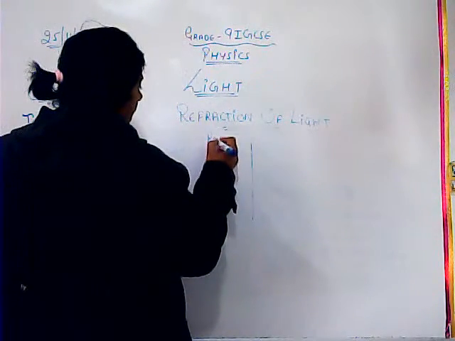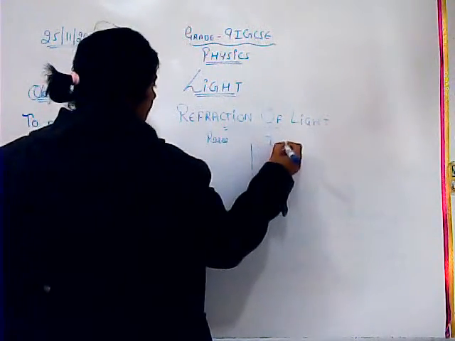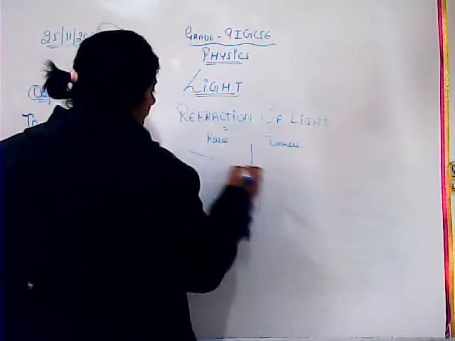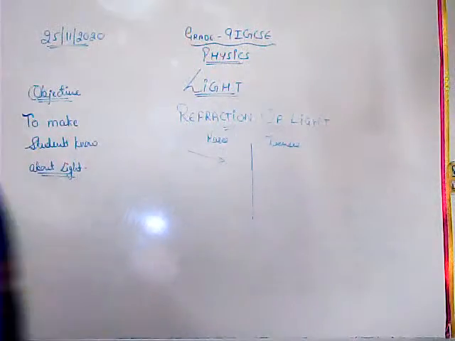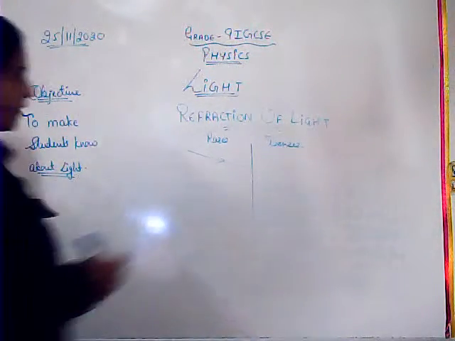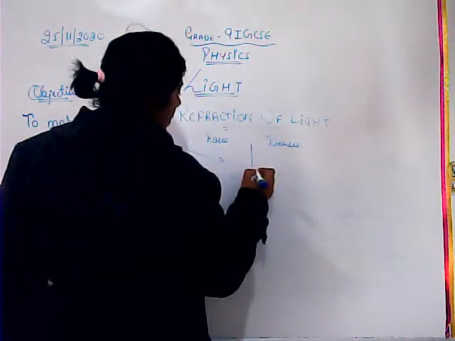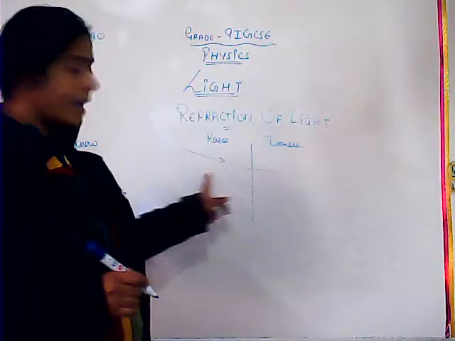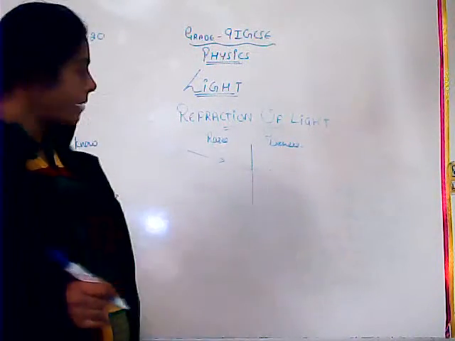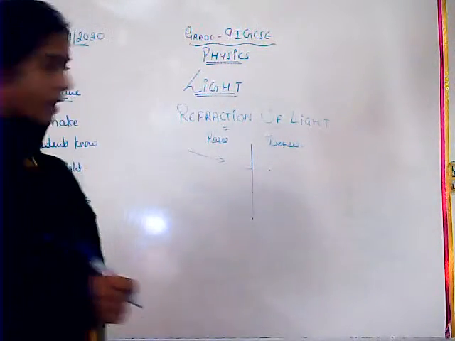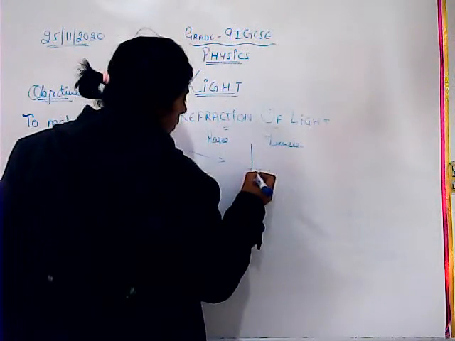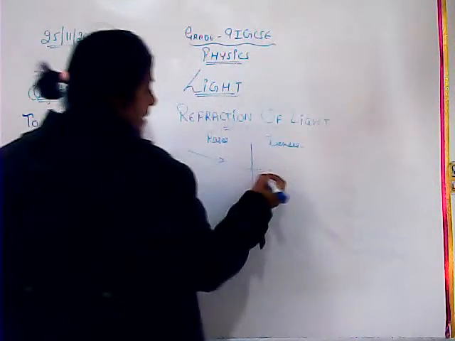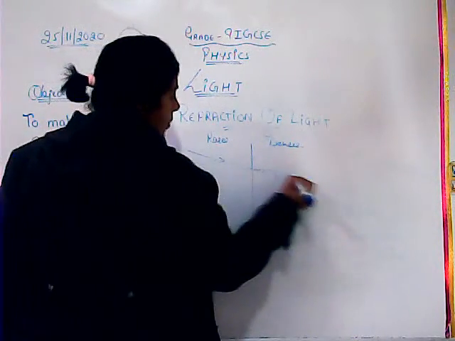Let's say this side rarer medium and this side you have denser medium. Fine. The light is coming in like this. ऐसे आ रही लाइट. When it strikes, जहां पे स्ट्राइक करी वहां पे नॉर्मल बना दो. Fine. It strikes and it passes to the next medium. अब ये rarer से denser की तरफ जा रहा है. Fine. Generally होना क्या चाहिए था? It goes like this. Fine. Because it is going in the denser medium, so ये normal की तरफ को bend हो जाएगा.